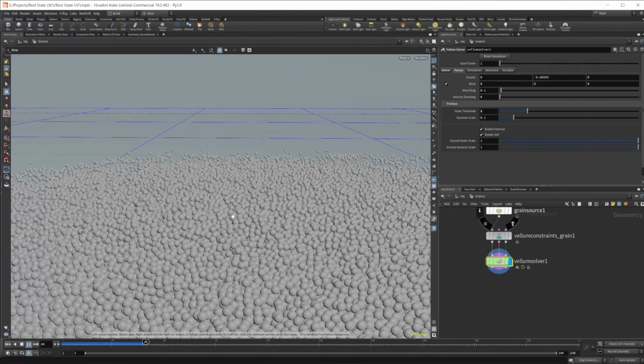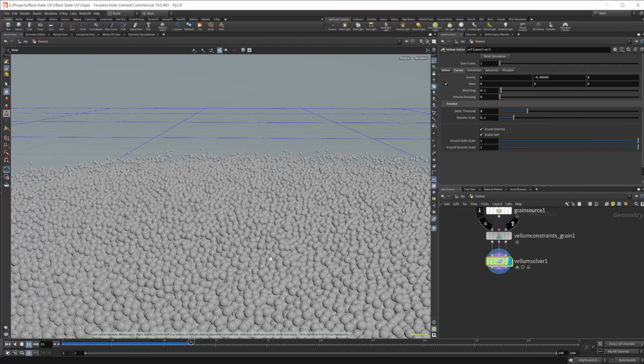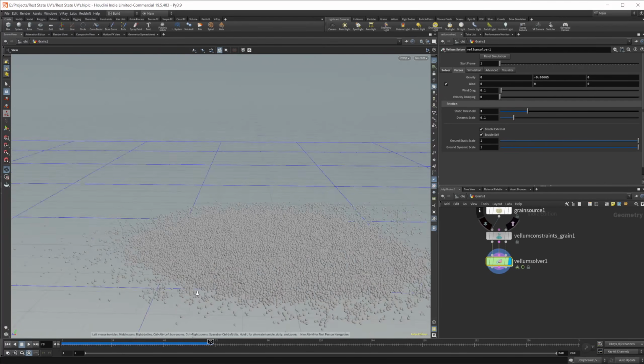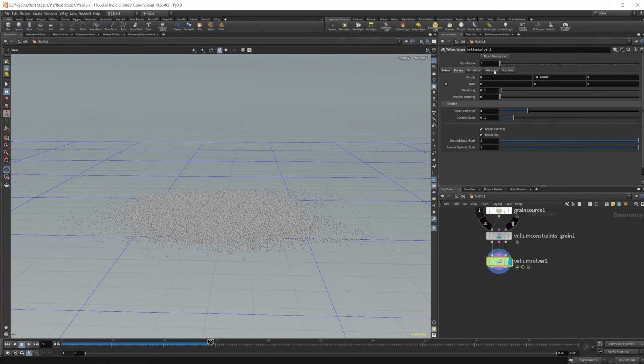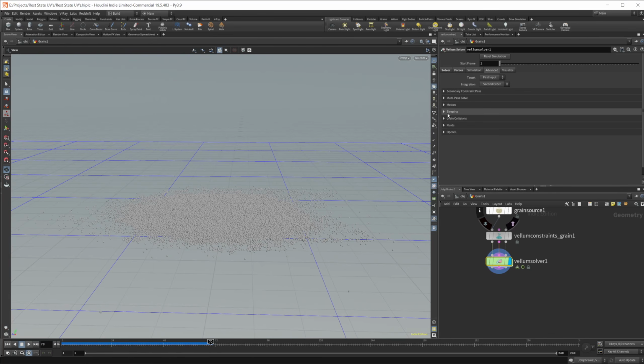And if I look in here, we have some points kind of bouncing around all over the place even after the simulation is kind of played out a little bit, which we don't necessarily want. So we can get rid of that. If we come into the advanced tab, we can come into this sleeping and enable auto sleep. And what this is going to do is basically it's going to stop the grains once their velocity goes slow enough, essentially. I'm going to change this threshold from 0.01 to 0.05